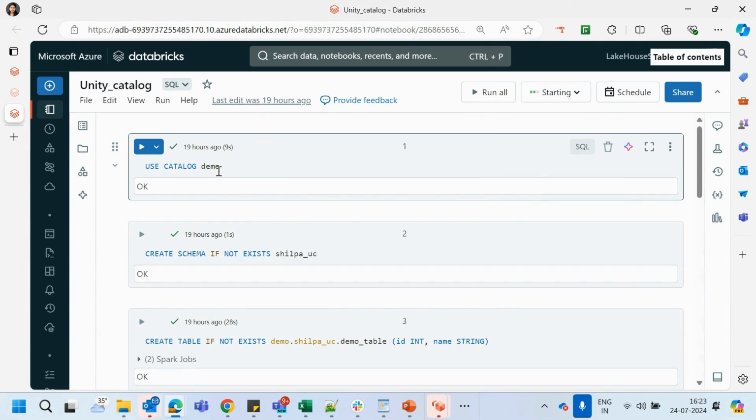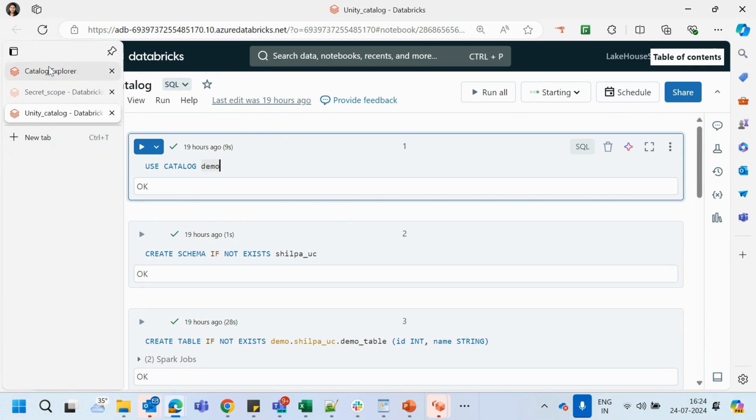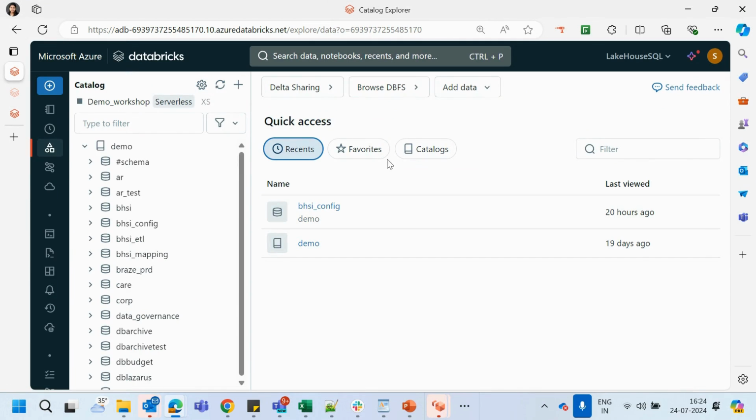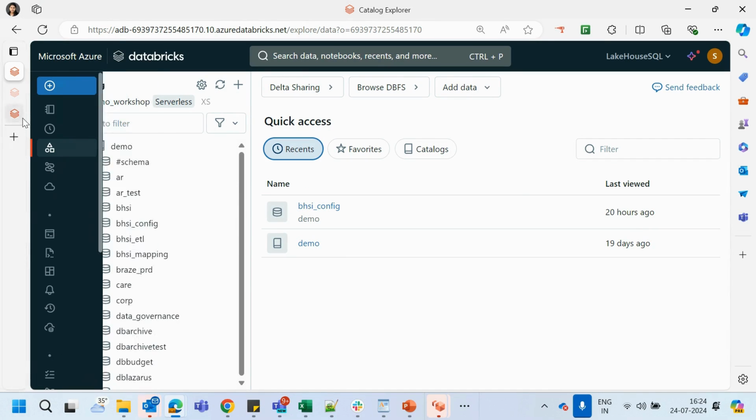In order to use the catalog, it's the same method as use schema. In the same way, you have to use this particular catalog name that we created. And in order to create the catalog, if you look on the left side, you also have your catalog where you can actually create the catalog. I don't see it here because I don't have permission, but you can also create your own catalog if you have the right permission.